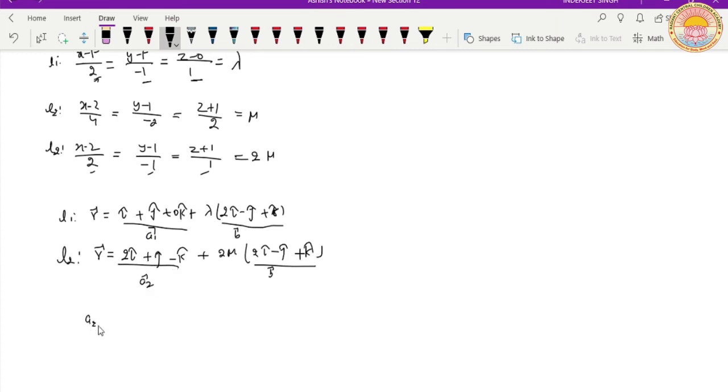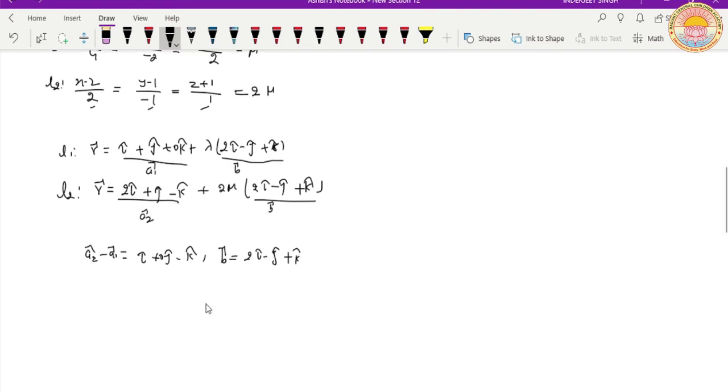So vector a2 minus a1 in this case is equal to (2 i minus i) cap, (1 j minus 1 j) (0 j) cap, (minus 1 k minus 0) minus k cap. Vector B is 2 i cap minus j cap plus k cap. Now we find vector B cross vector a2 minus vector a1, then we will get i cap,